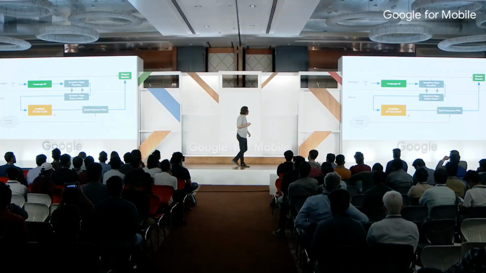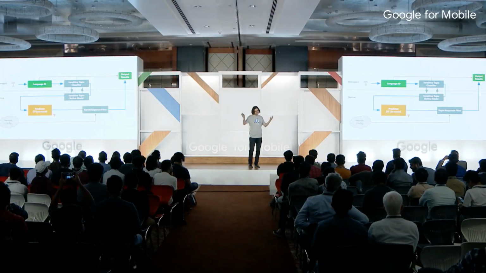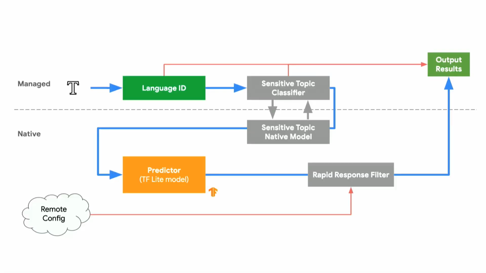So in the end, we got to a really good implementation. But we went from something that looked as simple as this, a single model that we could just quickly integrate behind an API, to this. It's kind of got very complex. And in the end, it took us another 2 quarters to release the product. So we learned a good lesson, and we've now been taking it into account in all the new APIs that we're building.